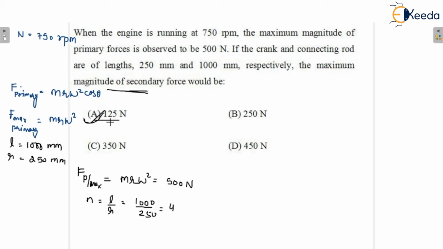So from here you can cross check what we have studied in the theoretical portions, okay, that is just the application of that concept. Because the obliquity ratio is sufficiently large, the primary unbalanced force would be greater as compared to the secondary unbalanced force. So I hope you understand the solution of that question. Option A would be the correct answer for this question, okay.